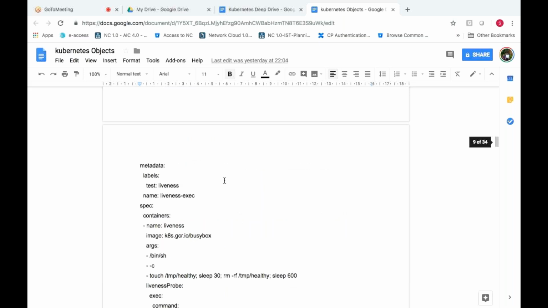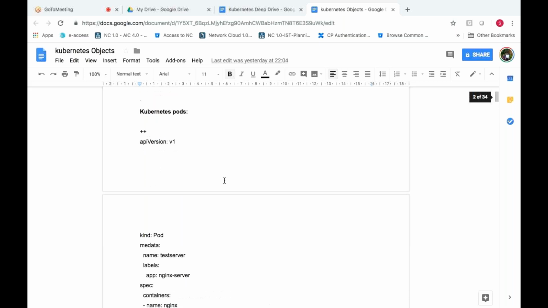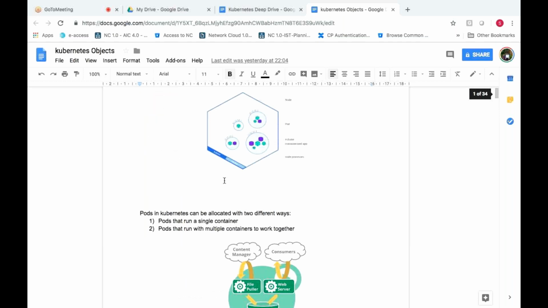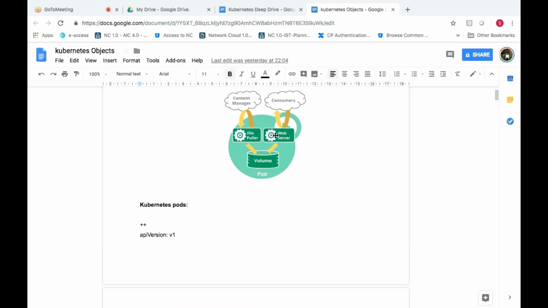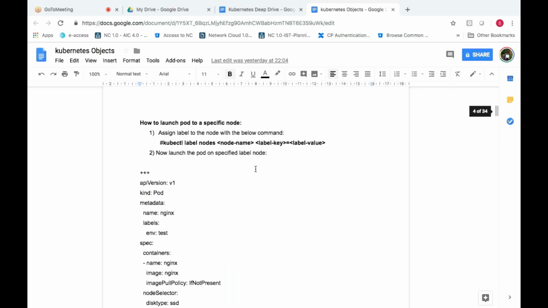Here you can see the diagram, right? So we need to create a pod. In that pod, both containers should have the same volume. The file puller is a Git container, and this is a normal web server. You need to pull the code from Git. So when you create the pod, the first container should pull the code, and the second container should use that code which is present in the volume. That is the scenario you need to create. Try it from your end. If you are not able to get it, I will tell you.